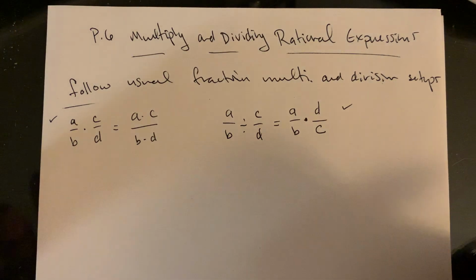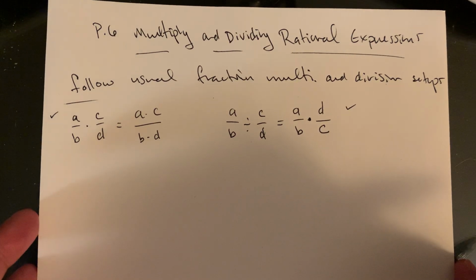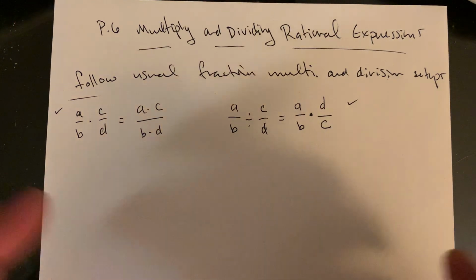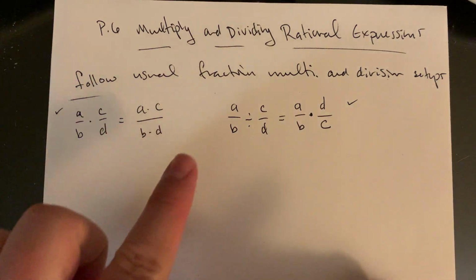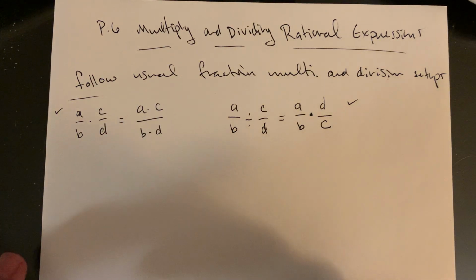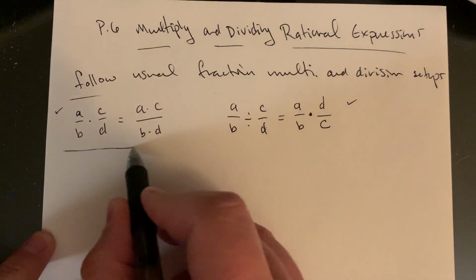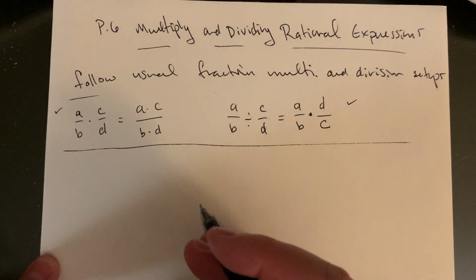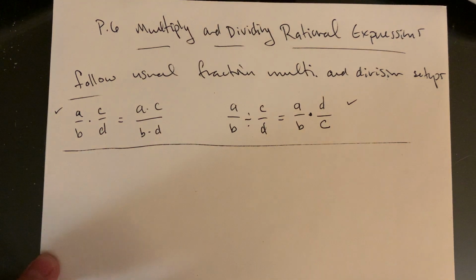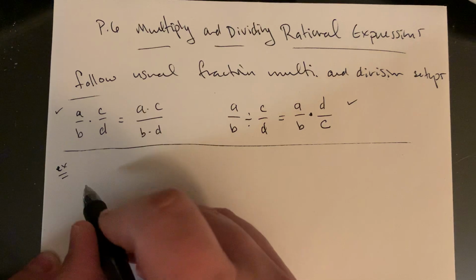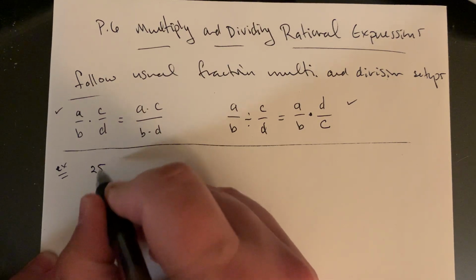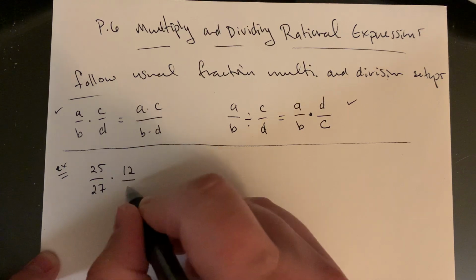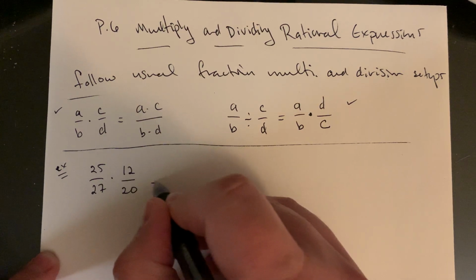Now the other thing here is that for fractions, the recommendation is don't just multiply and get bigger numbers, because then you have to reduce to lowest terms. So the real move here is to factor everything out first and then look to cancel and reduce before you multiply. And just like with fractions, for example, if I had 25 over 27 times 12 over 20 or something,